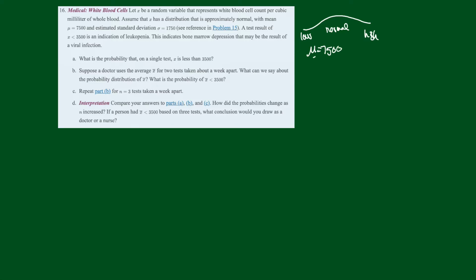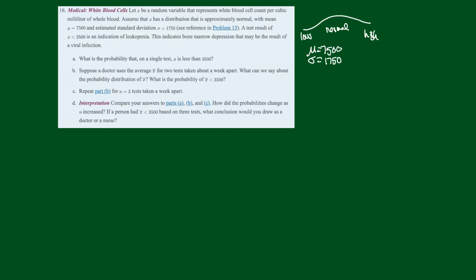7,500. And the standard deviation is, where is it? 1,750. All right, so I guess for most people this is what the situation is. White blood cell count is normally distributed amongst the population with a mean of 7,500 and a standard deviation of